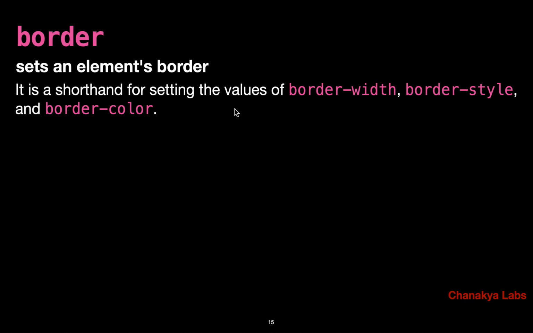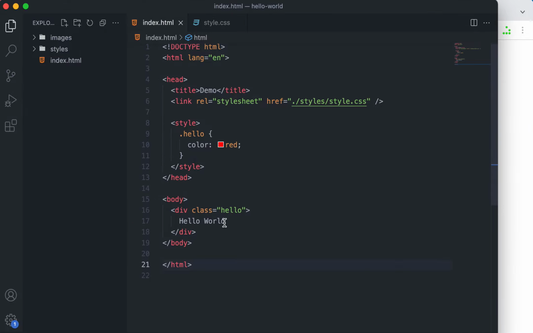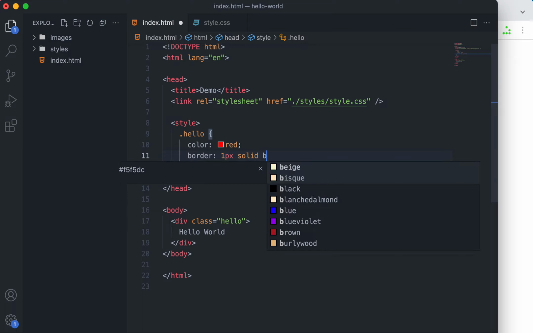Right now we'll try just the shortcut border property, so that we can set all of them using a single property, border. So I'll show you an example. Right now we just have a hello world written with color red. It's plain and simple. Now let's try to add some border to it. So border, and then we write the thickness of it. So let's say 1 pixel, and then what is the style, what type, solid, dotted, those things we can write, and then what is the color. So let's say blue,